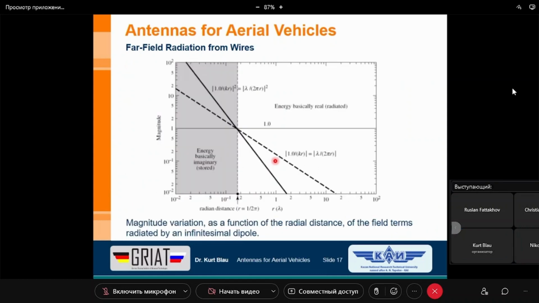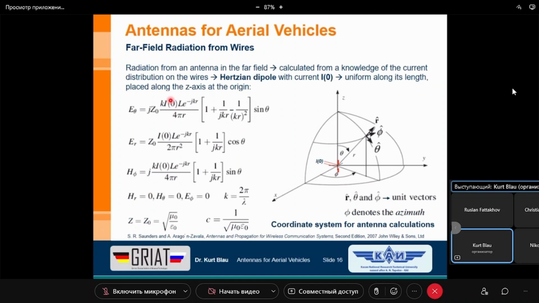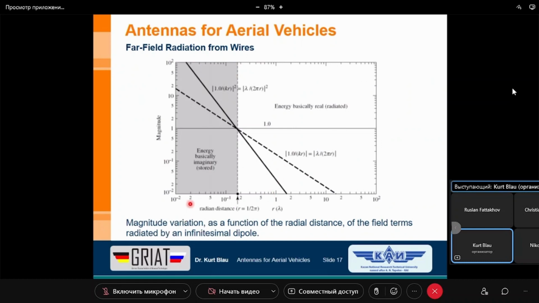What we can see here is only a small mathematical play with the single components I have shown, or sorry, given here in these three formulas, and you can see here this is named a radian distance, or it's 1 divided by 2 pi, and here the radius is normalized or given by wavelengths, and you can see here at this point the magnitude of 1 of this part of the formula, and we have the other part of the second formula. If this is crossing the value of the magnitude 1 of the formula again, then this is the borderline here between this gray underlaid rectangular and here the white rectangular,